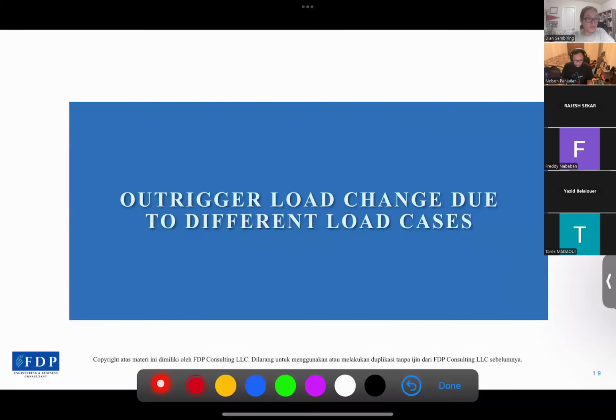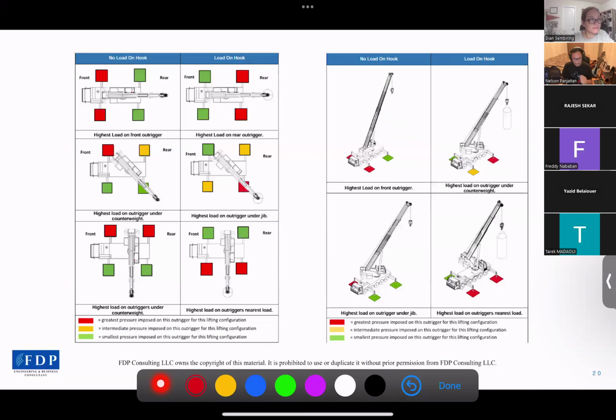Now we are seeing how the outrigger loads can change in mobile cranes. What makes it change? That's the first question, right? The answer is COG. As we see in this picture that I've taken from an Australian standard, if I'm not mistaken,